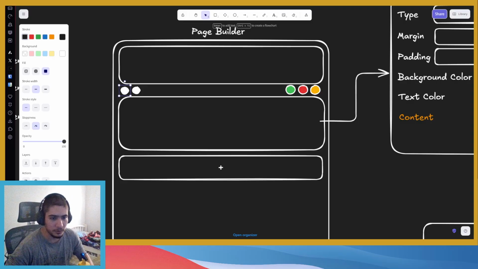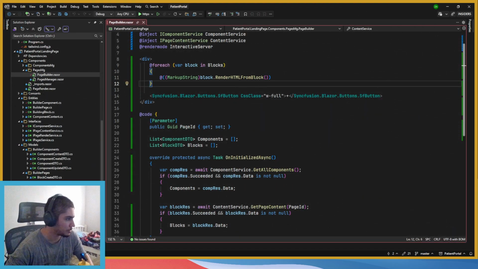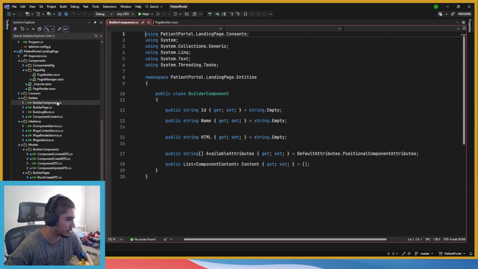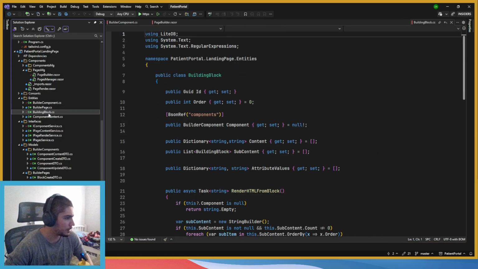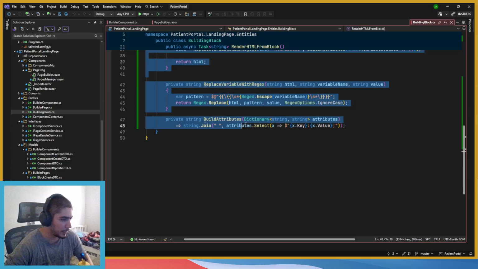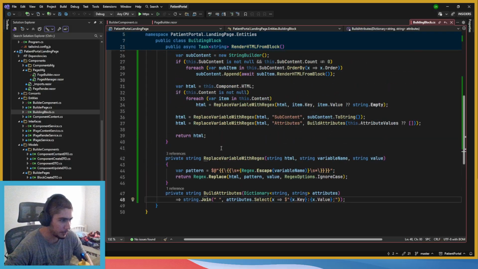Okay, for the other changes I did, hopefully I don't forget any. Builder component, nothing changed, except I turned the ID into a string, just for the seeder, as you saw in the last video. The biggest change is the building block. I added the render code in the building block.